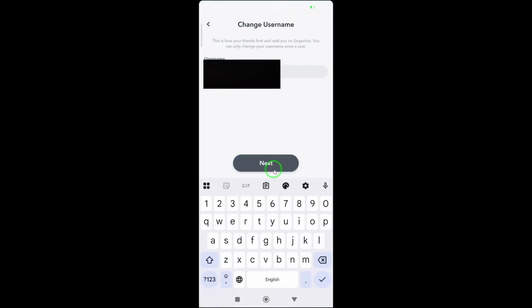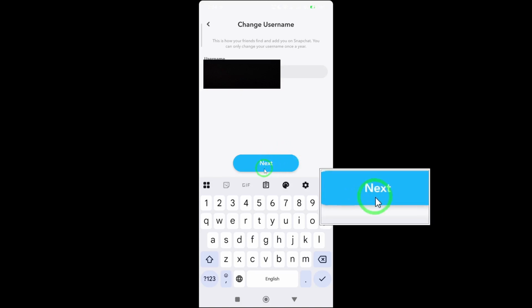Once you're ready, enter your new username in the box provided. Try to choose something simple, unique, and easy for your friends to recognize. When you're done, tap Next or Save, depending on your